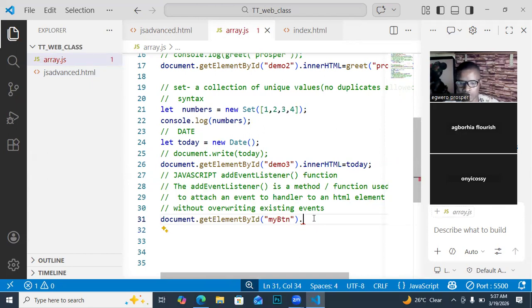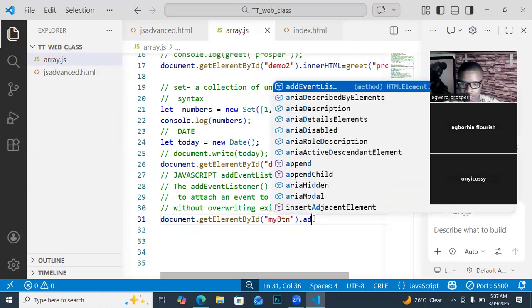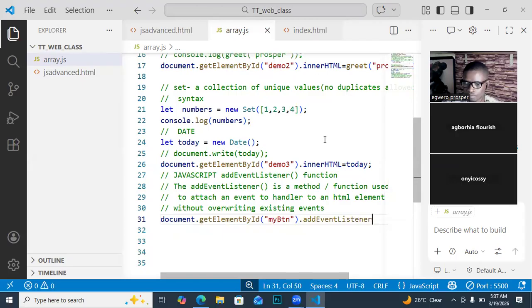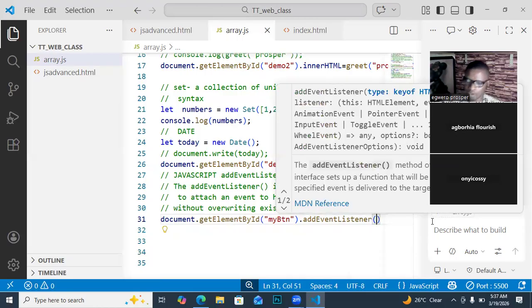So I will say addEventListener. So this is the function, and it is case sensitive. The E should be capital letter. The L should also be capital letter. So after this, the next thing I'm going to do is to open the bracket. All right. Now, after you open the brackets, the next thing you are going to do is to